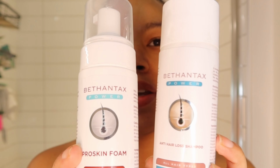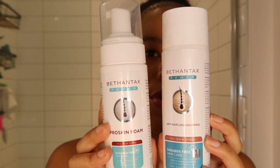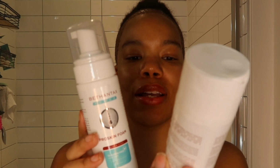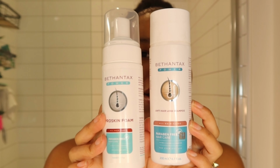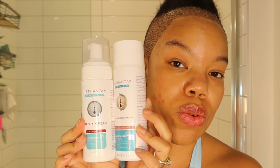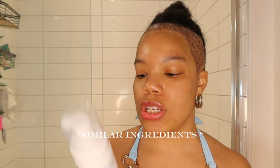These are the two products that were given to me by Longevita. It's a hair foam, and this is the shampoo. It is an anti-hair loss shampoo. So I would imagine this is a whole anti-hair loss system that you should use for your hair transplant, and probably should continue to use these products. If you happen to have a hair transplant, I will definitely try to find products relatable to your anti-hair loss